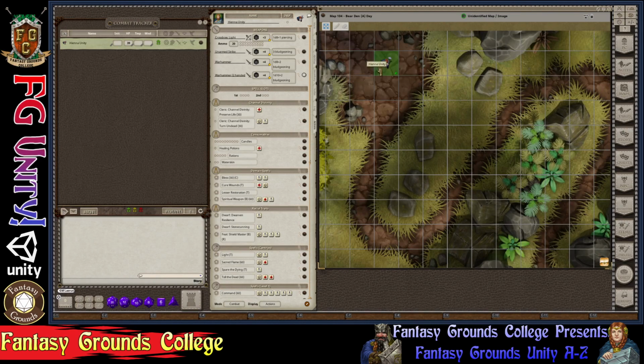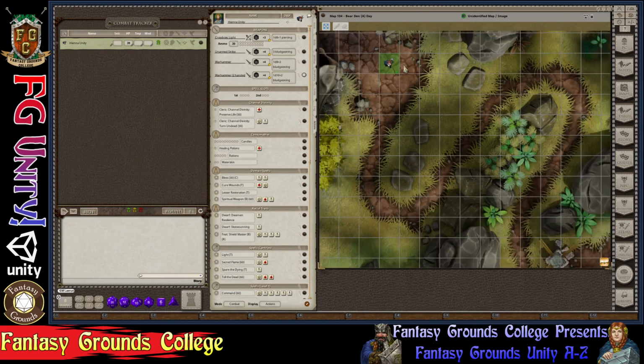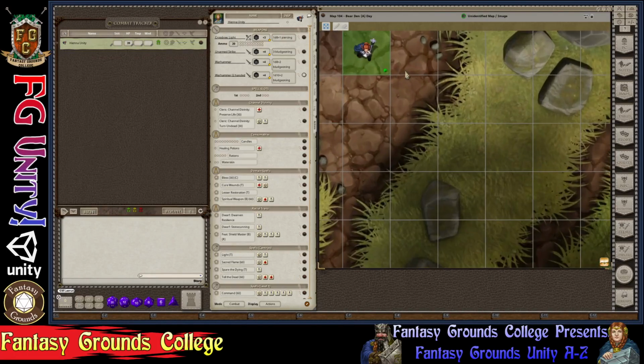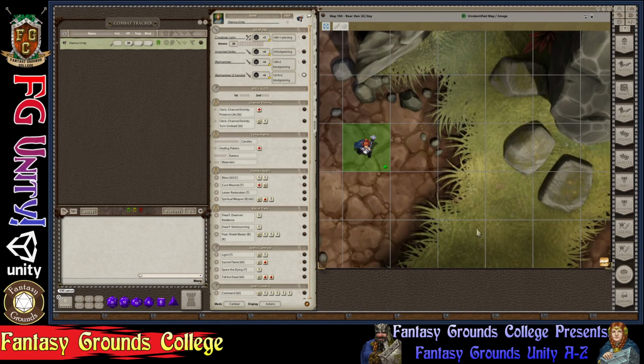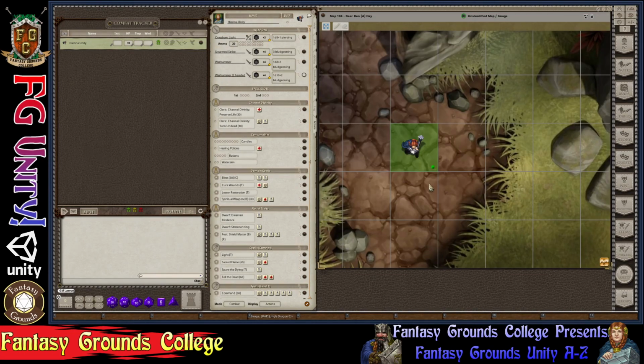Well, the way that this is scaled and gridded, it's hard to really tell if this is the right size, but it looks a little bit small. So I'm going to zoom in, and I'll use this little compass thing, or if I click on the map, I can use the direction keys to recenter or get to the point where I can see everything. And if I click on her token